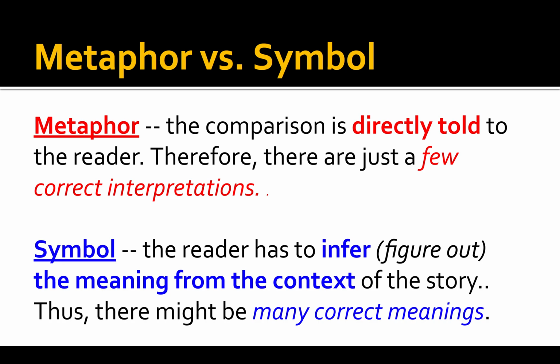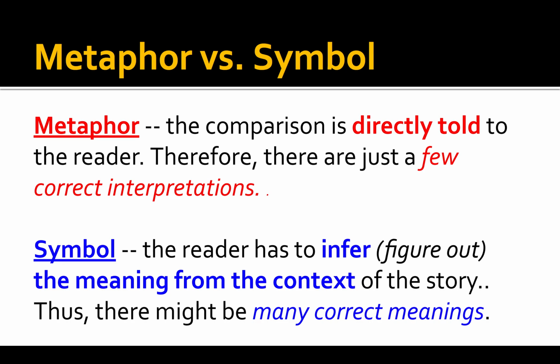The woman was valuable because roses are valuable. The woman was beautiful and maybe really red. She has red cheeks because roses are red, right? There are several interpretations, but you kind of got to stick with them. But a symbol, on the other hand, the reader has to infer the meaning from the context of the story. So this means there might be many correct meanings